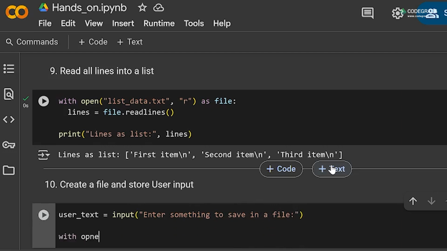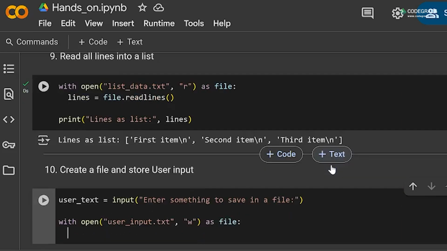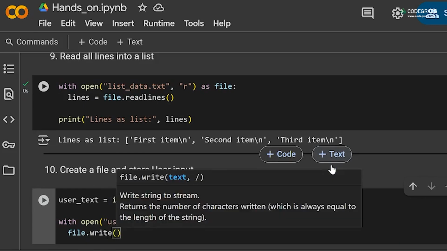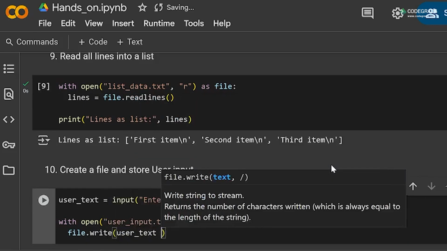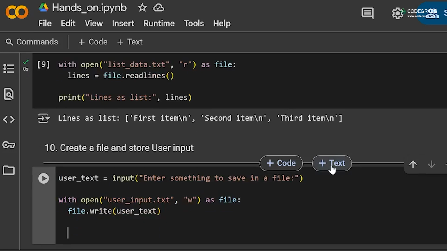So with open, user_input.txt, this is the new file name, and I'll make sure I want to write something in there. So w as file, and then I will say file.write and the user text, and then I will print your input